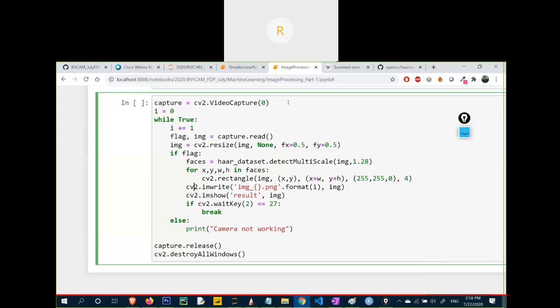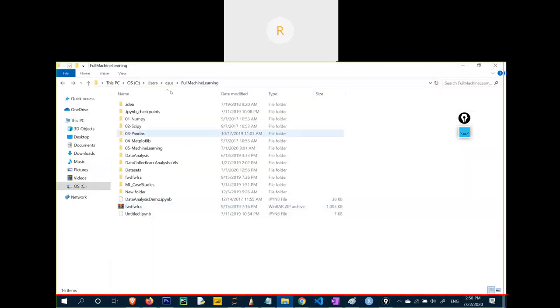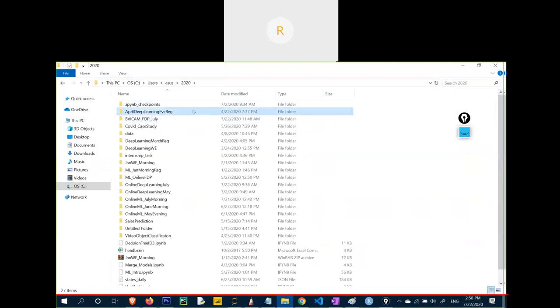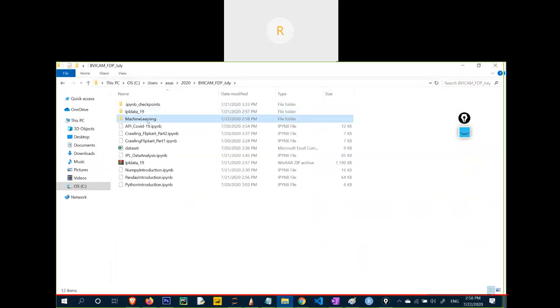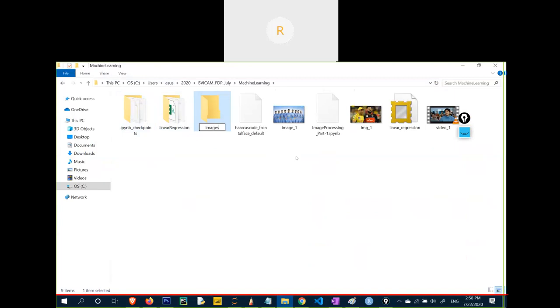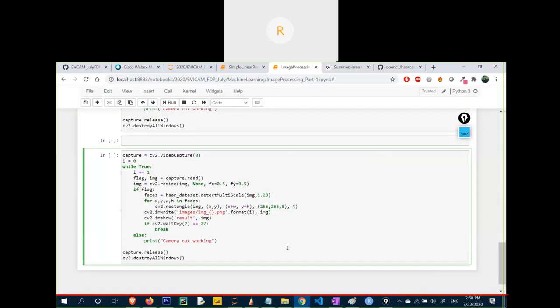So it will start storing my images one by one. Let me show you what it will do. Let's create a folder known as images. I have created a folder here, images, and let's write images/image{}.png.